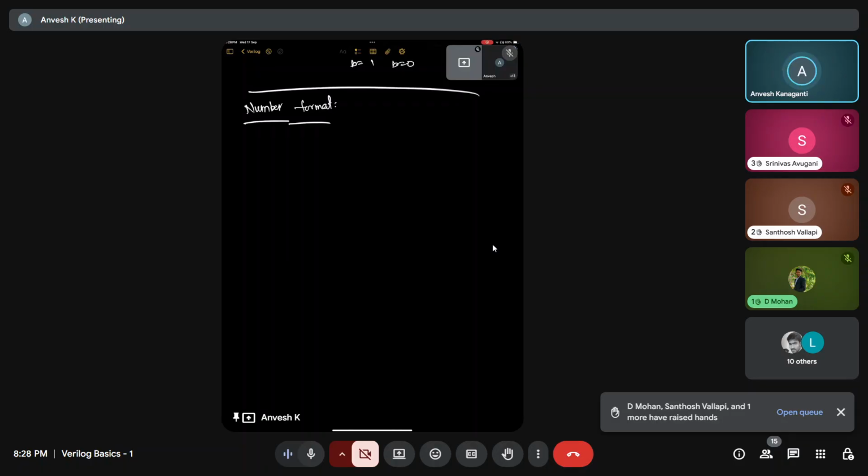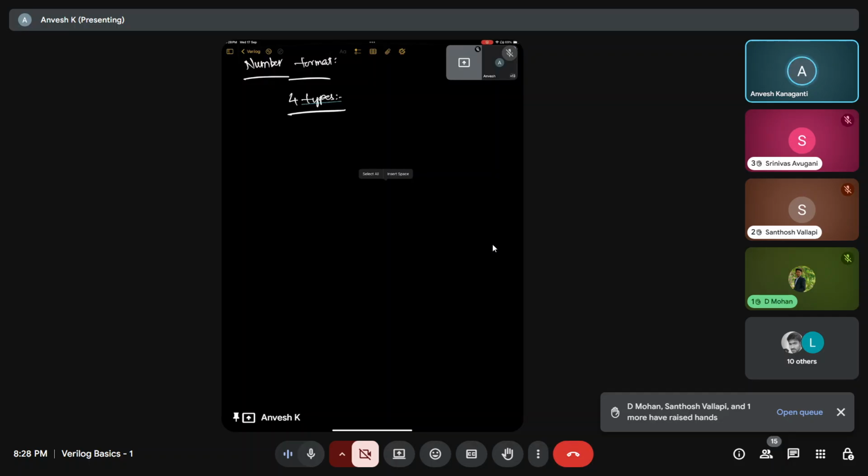So when you want to represent a number, it can be represented in four types. I've already told you about the number format in the first session, so I'm not going deep, but they are binary,